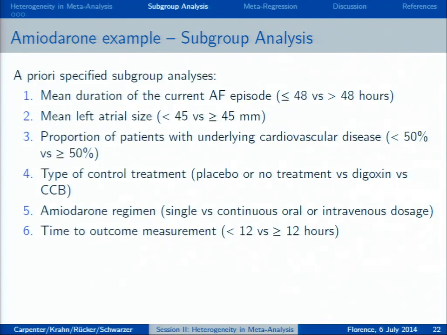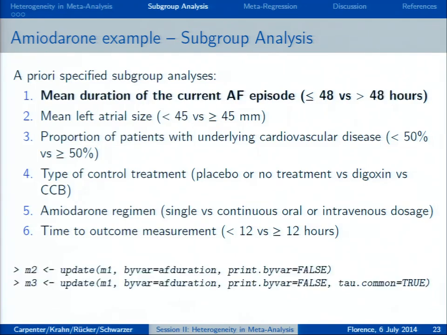So we should always plan our principal subgroup analyses beforehand to guard against the possibility of just dredging the data. And here a predefined subgroup analysis was the duration of the current arterial fibrillation episode, so it's less than 48 hours versus more than 48 hours, and there are other possible groups for these data listed out on this slide. Okay, so we're going to look at the top one,